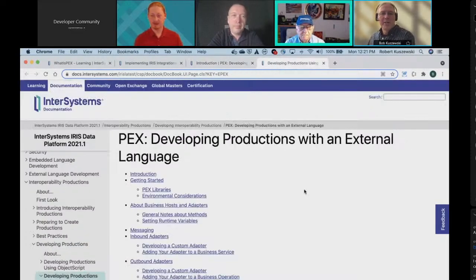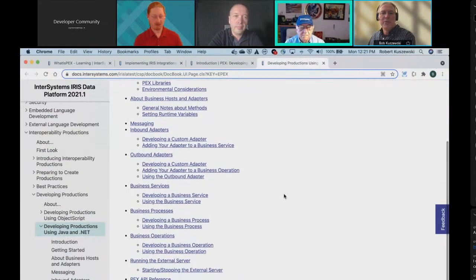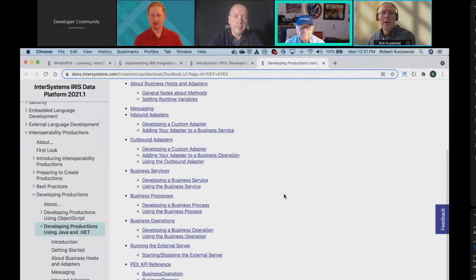And here's just the next stage down of our documentation that I wanted to point out. But the idea is that you could, in Java, have a business operation that might connect out to, I don't know, the AWS Lambda service, or maybe a different example would be an AWS queuing system, get a message off the queue, and then convert that into a message object that gets passed along to the rest of your production.